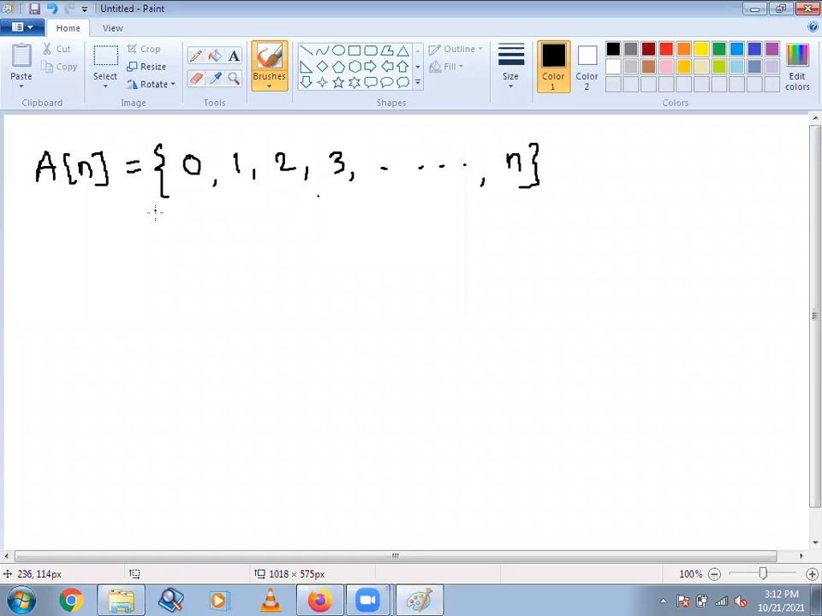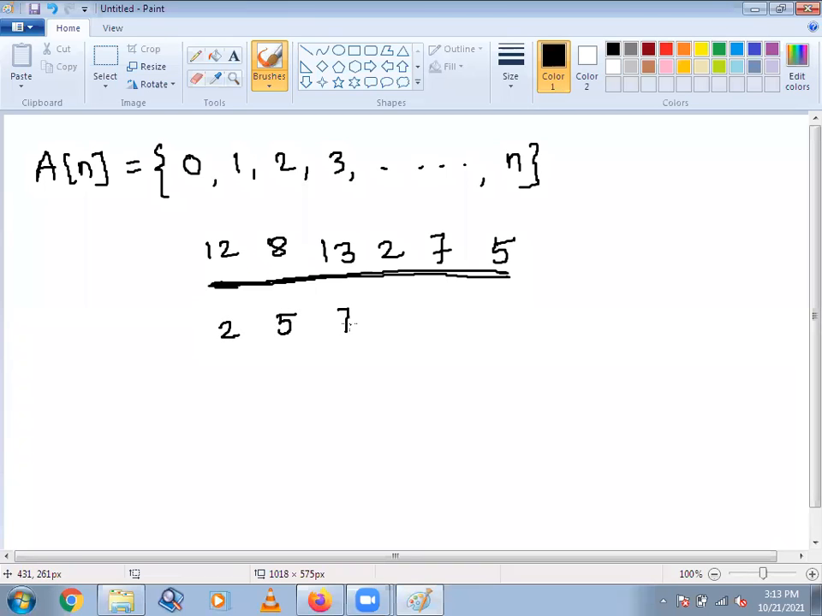If not, suppose someone has entered the array elements like 12, 8, 13, 2, 7, 5, then you have to arrange this array in ascending order. That means after sorting it will become 2, 5, 7, 8, 12, 13. After doing this operation, that is arranging the elements in ascending order,